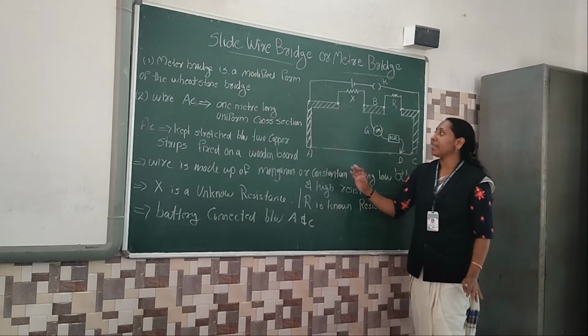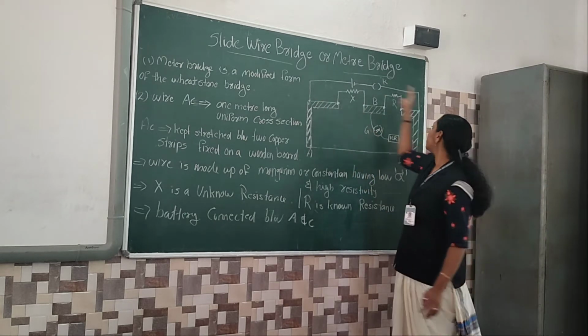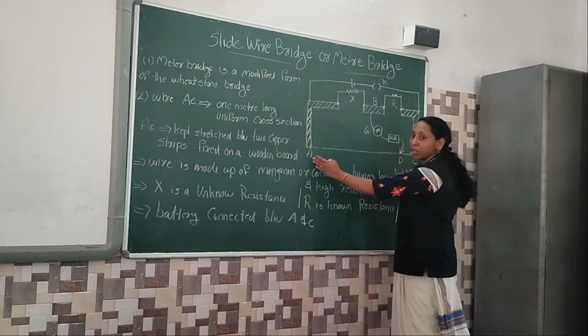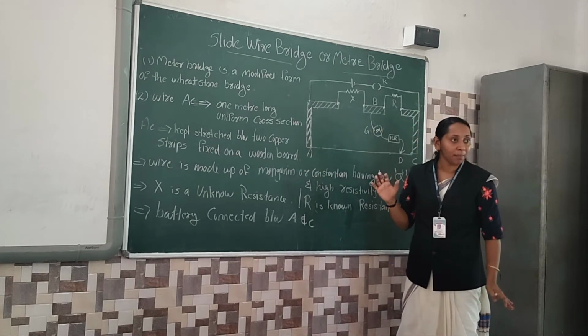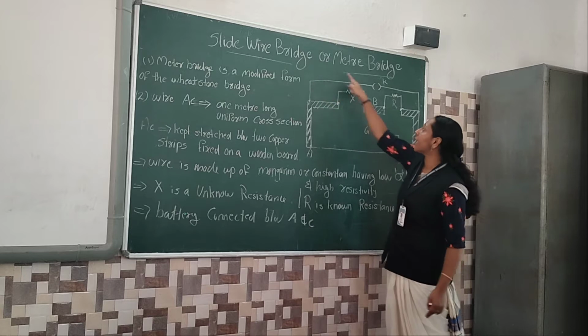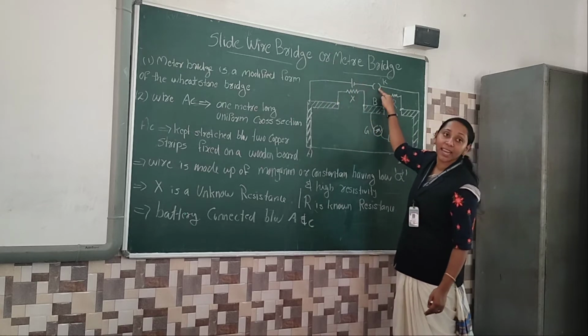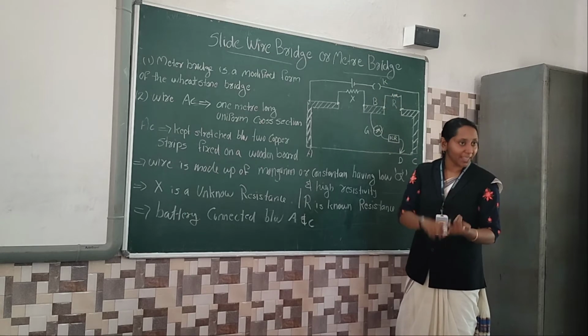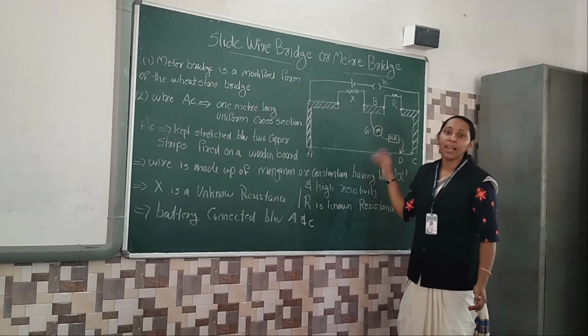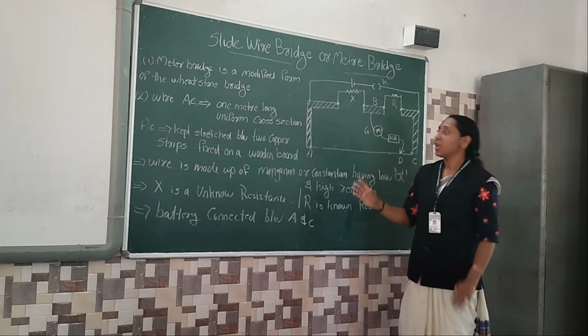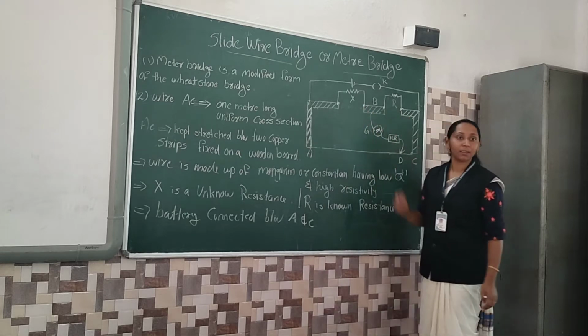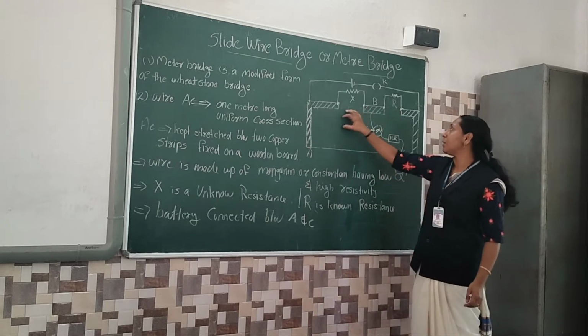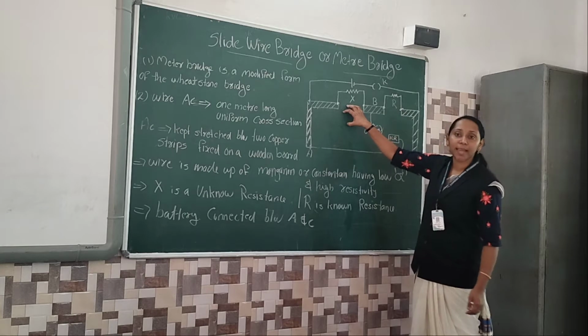Then after that, at the other end of these two ends, the top or bottom portion contain a 1 meter stretched wire, and the top portion is connected to a cell through a key. Clear everyone? The top portion contains a cell with a key. The bottom portion contains a 1 meter length wire. So in between some gaps are here. Am I right? So the first gap, not compulsory, in this gap is X, in this gap is R.